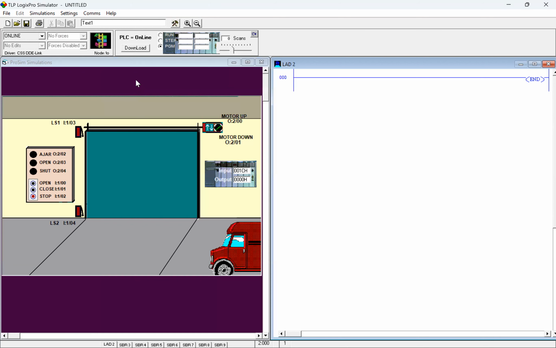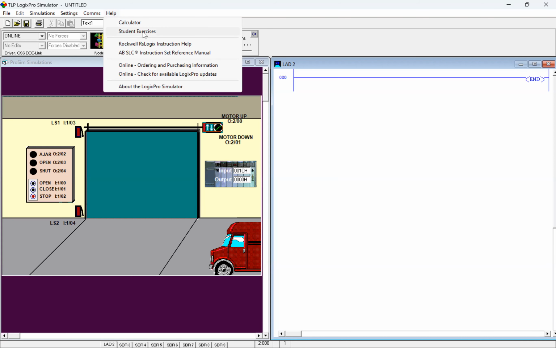Now, Tim, you don't have another screen, so this is going to be a little complicated for you too. I'm going to do a lot of watching. So what I want you to do is just not do anything and look at my screen when I go into this. The help has the student exercises. When I click on the student exercises, they're web pages. There's a web page of them. So when I click on that,